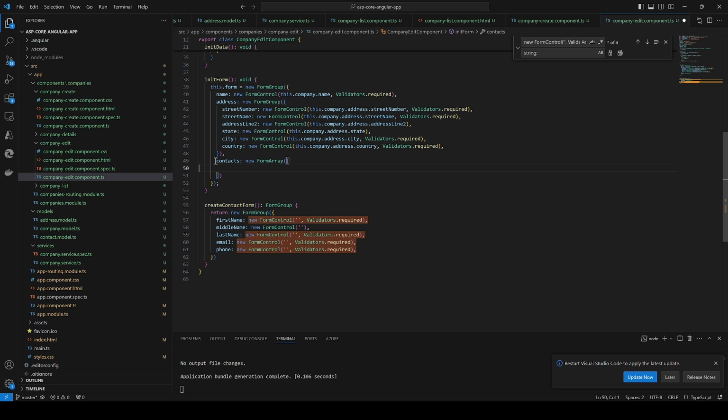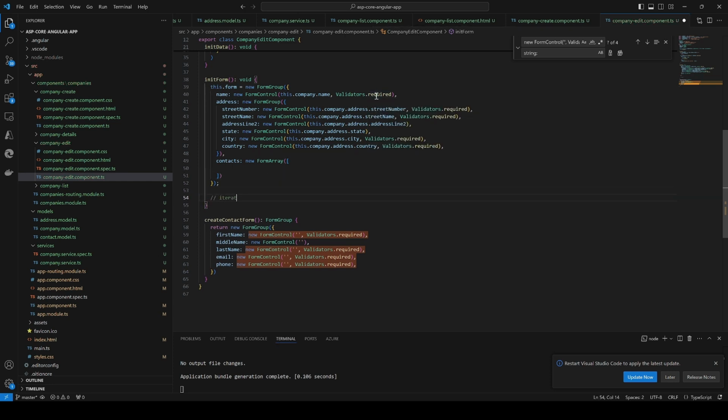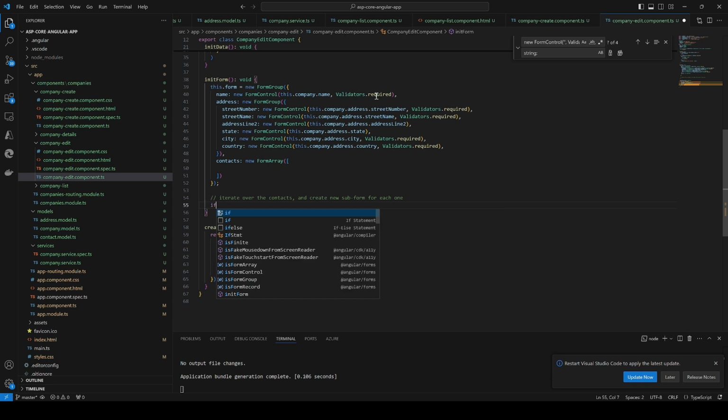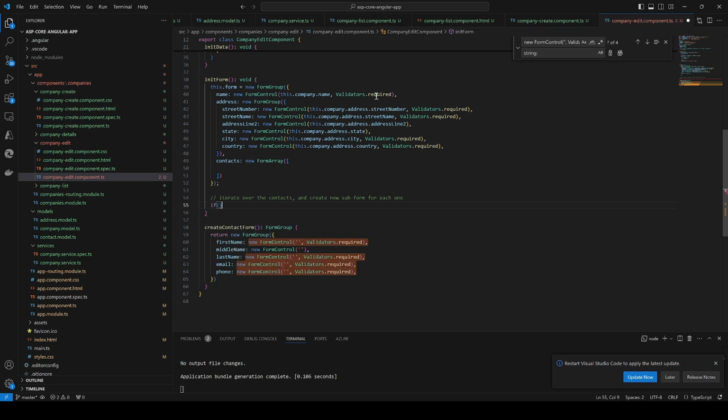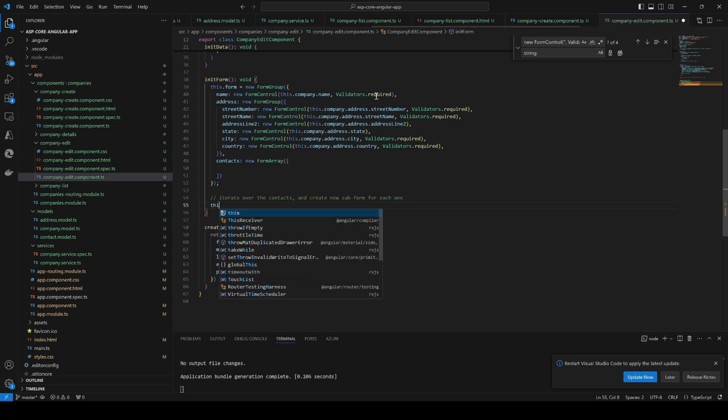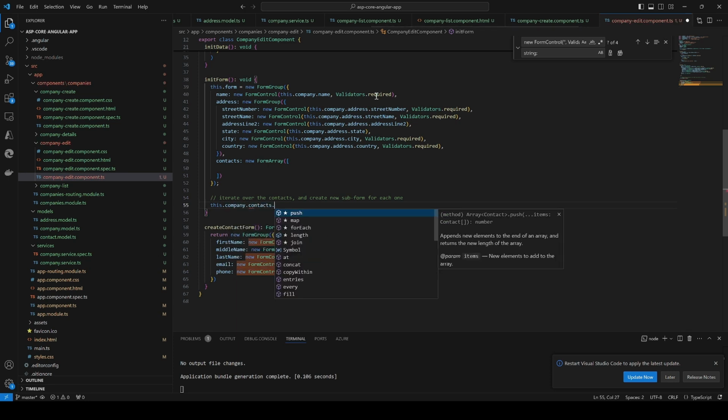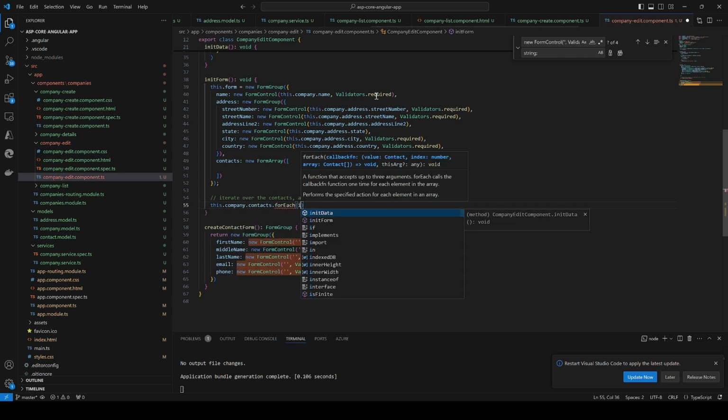Now I need to fill the contacts, and to do that, I'll have to iterate over all the contacts that I have, and create new forms or subforms if you want for each one. So if I have contacts, I can always forEach this company contacts, I can say item,